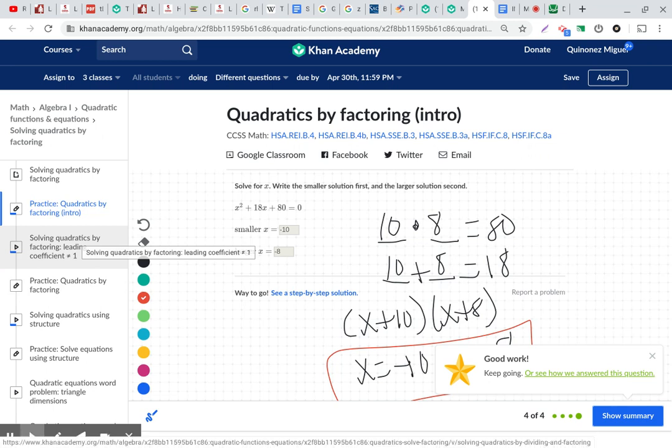Mr. Quinones? Yeah. I just got one. It's like adds up to 1 but multiplies to negative 42. Well, 6 and 7 multiply to 42, and if you subtract 6 and 7, you can get a 1. Does that make sense? So by the way, when the numbers add up to 1, that means the two numbers are 1 apart from each other, right? Now, if it adds up to negative 1, that means the bigger one has to be negative, right? The negative 7. Don't forget the actual answers will be opposite of those, right? Because